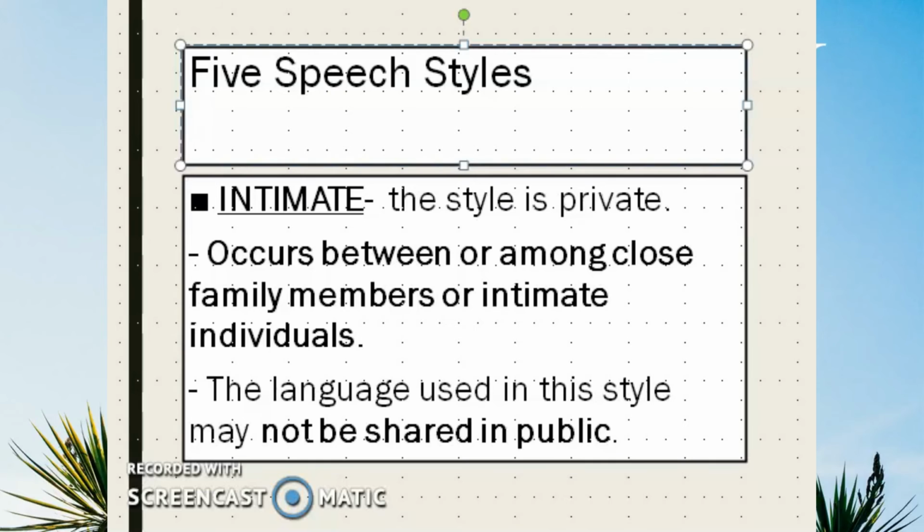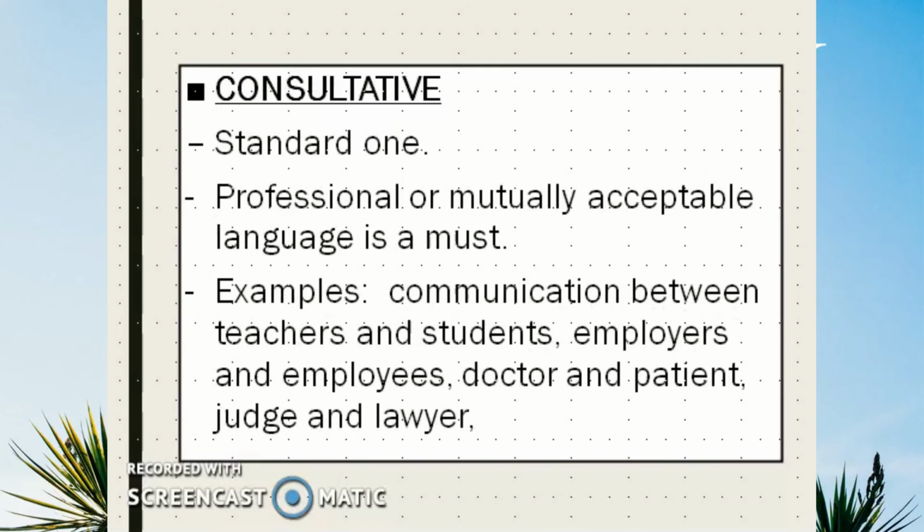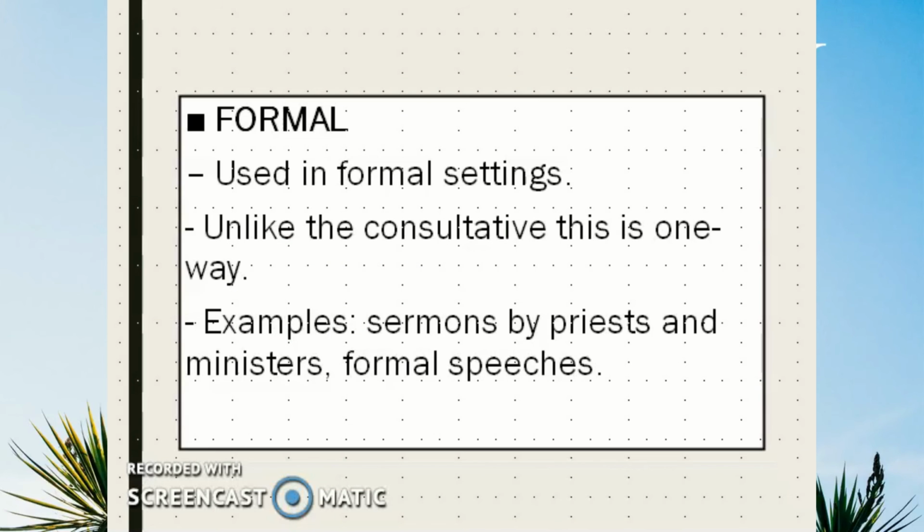Next, we have casual. Casual is used with your peers, like your classmates. In classroom, you can act whoever you want, you can use vulgar words, you can speak casually to someone. Next, we have consultative. Consultative happens if you have consultations and you are having formal responses, like if you're having a one-on-one conversation with your doctor, if he asks you something, you have to answer back as well. If you are called in the guidance office, you have to answer whatever questions he has in a formal way, in a professional way.